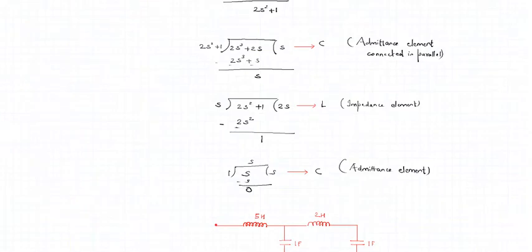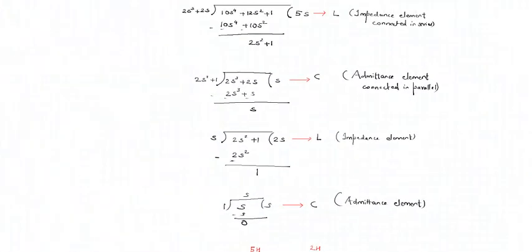Now we need to analyze all the quotients that we have obtained. Right, so what are the quotients? The quotient for the first division is 5s, for the second it is s, the third is 2s, and the fourth is s again. So looking at the quotients, we are now going to formulate the circuit for the given transfer function, for the given driving point impedance.